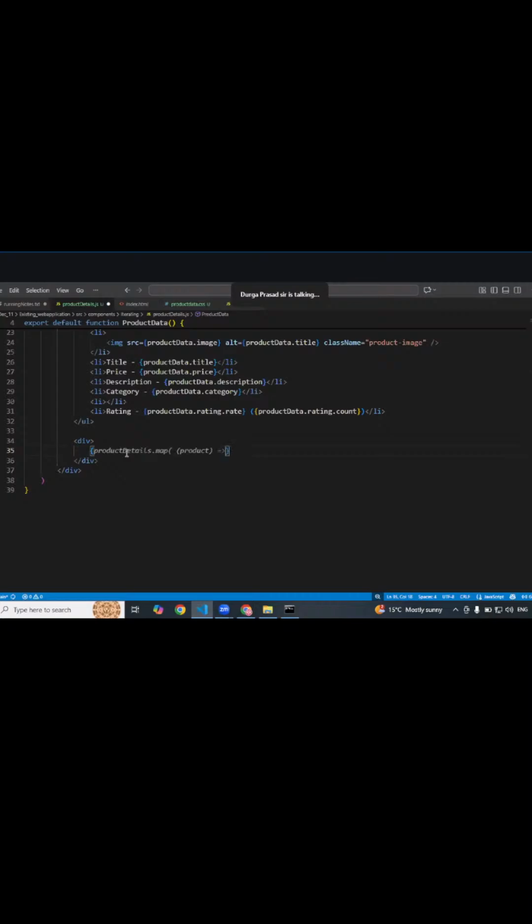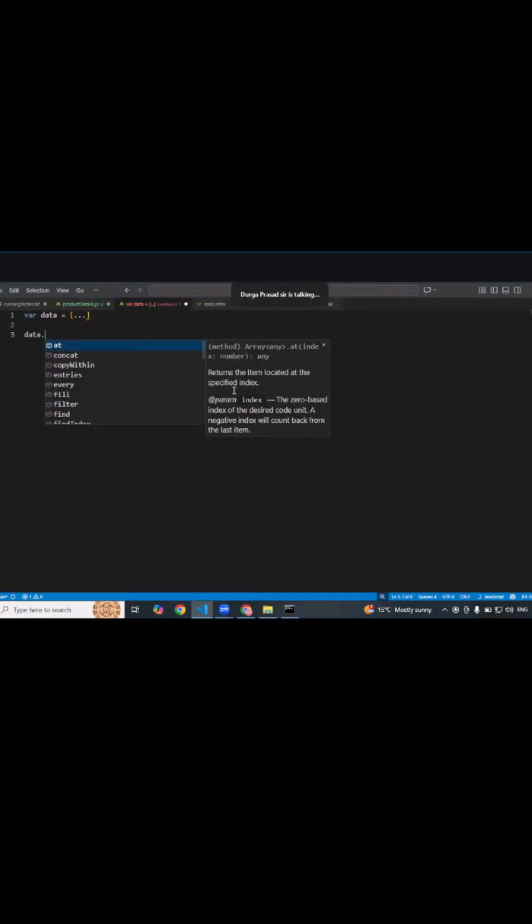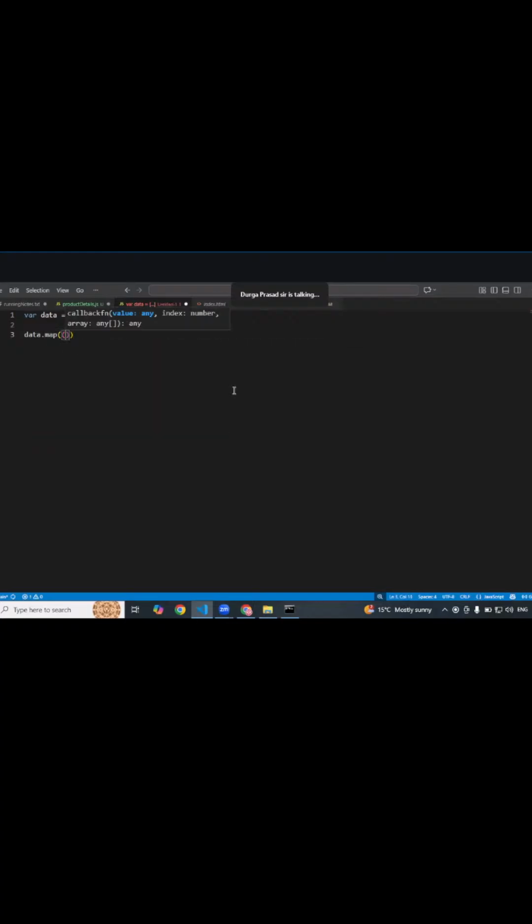is everybody clear with the map method, or do you want me to explain the map method first? In JavaScript, we have the map method, array.map method. Okay, so we say some var data is equal to some array. If you have to iterate over this, we can simply say data.map method. Map method always takes a callback method, and it is going to take each and every value from this array. Is everybody clear on this? Okay, we will be using the same map method